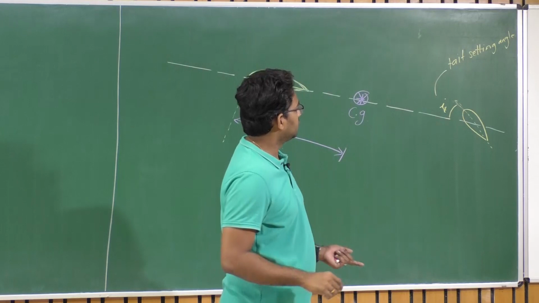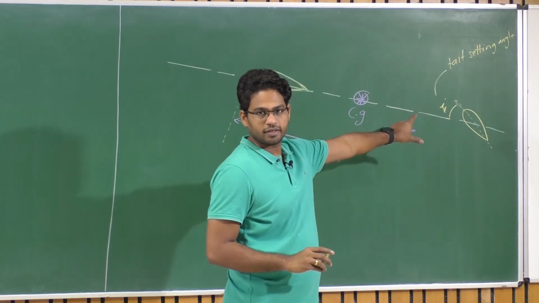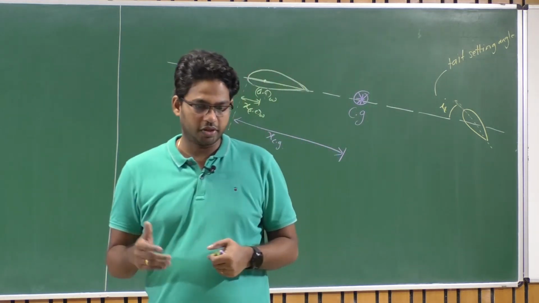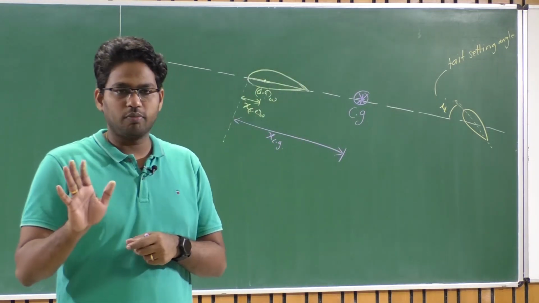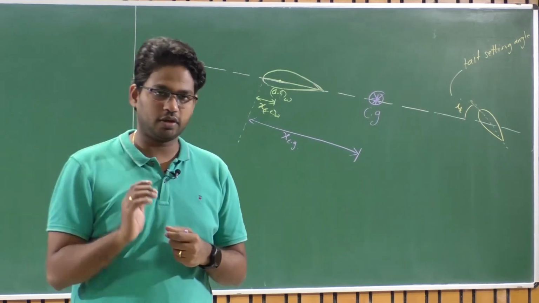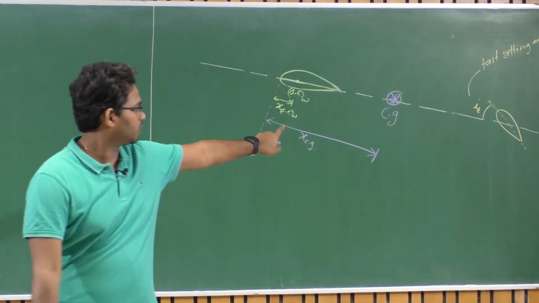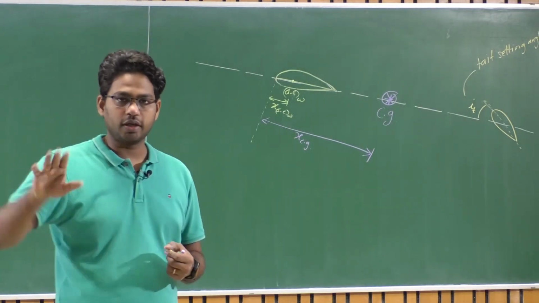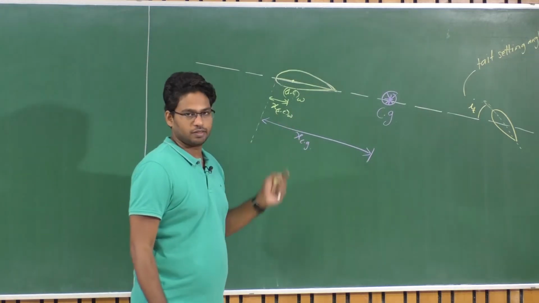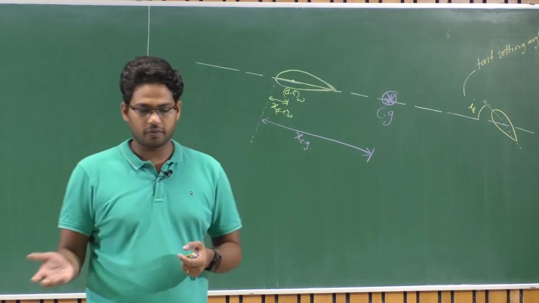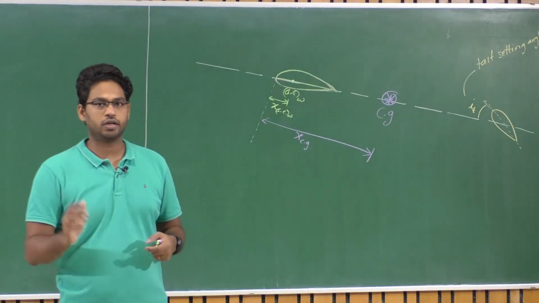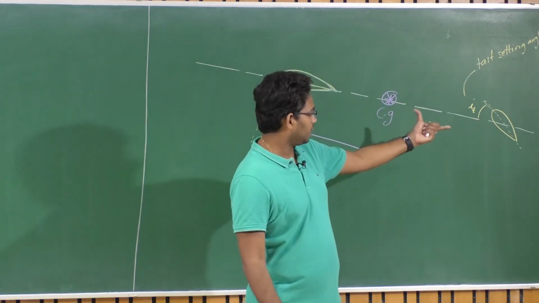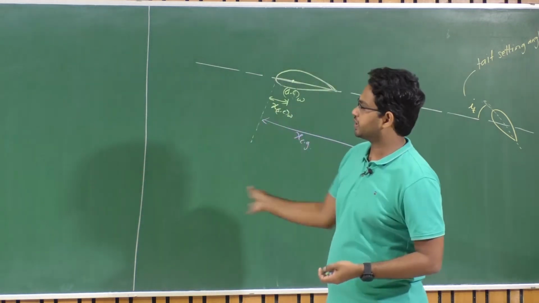In general, the cross section of the tail is a symmetric aerofoil. Why? Because it has to produce an equal amount of force on either side of the deflection. The aim of the tail is not to generate lift but to generate a moment, to control the orientation of the aircraft, and also to provide static stability. We'll see how to control the aircraft later when we talk about elevator deflection. For the time being, we assume the tail is used to stabilize the aircraft, and we'll see how it does that.